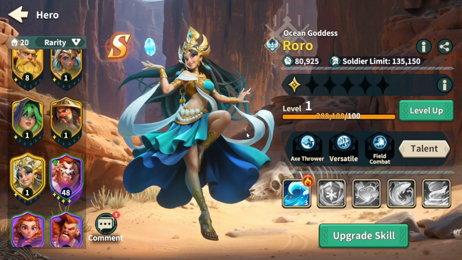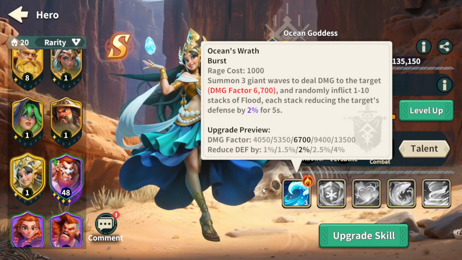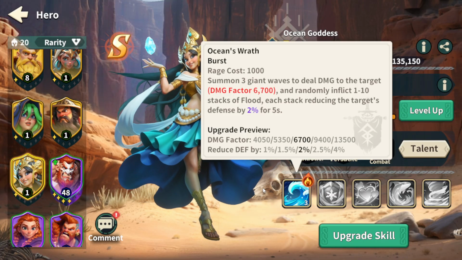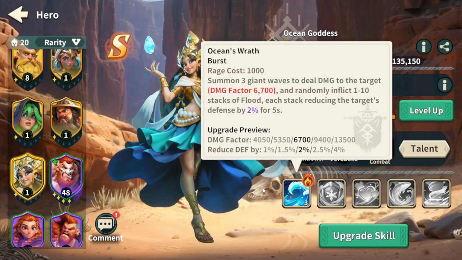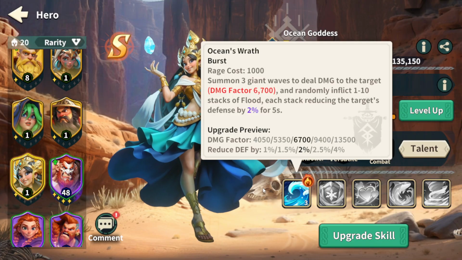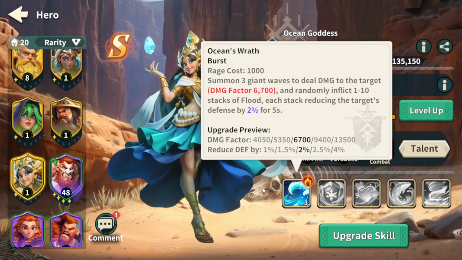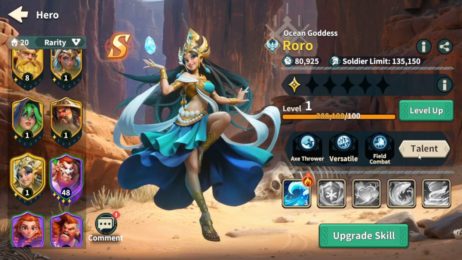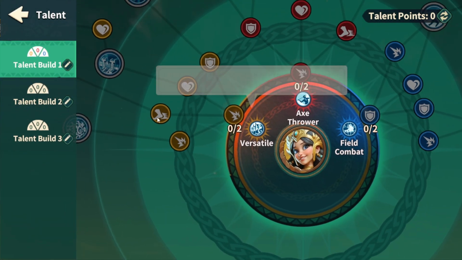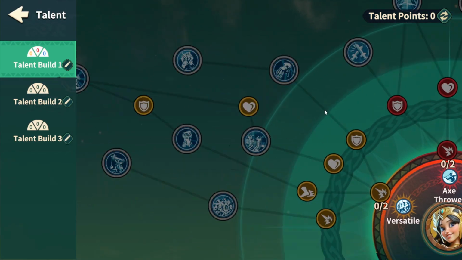It's not a normal attacker, it's not a crit rate user, it's basically a skill damage user, which is an extra hero, and it's a mage, right? So basically, we want some rage, we want skill damage factor increases, and stuff like that for Roro to be impressive, right? Well, in terms of talents, the versatile talent tree for Roro is basically increasing siege and stronghold actions